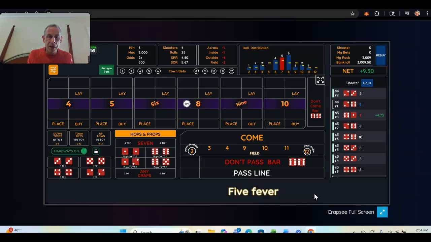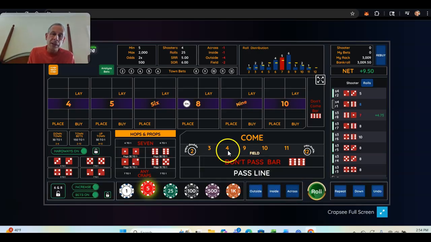5 fever. All right, finally. So now it's the 5 that came up before the 10. So we're going to put the $10 out here this time and lay against the 5. Now, what you're hopefully going to see is the reason I'm using the 5 and 10, and you can do this with the other numbers, and I'll show you that option after,